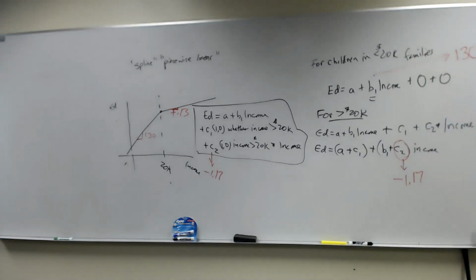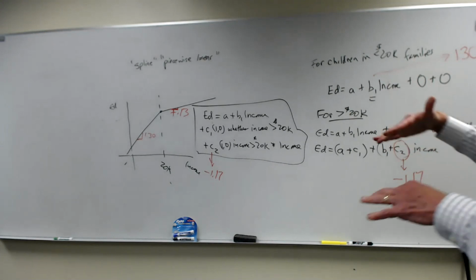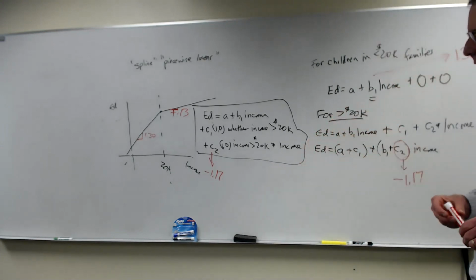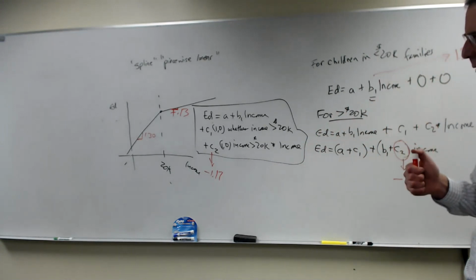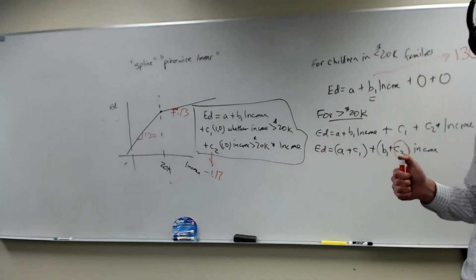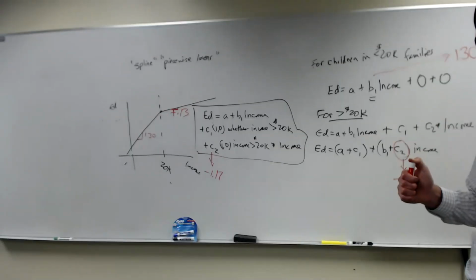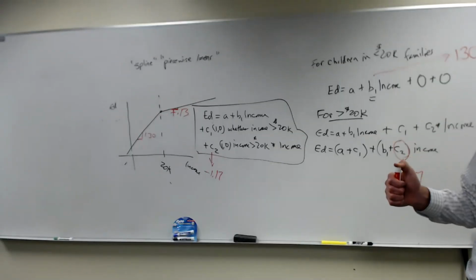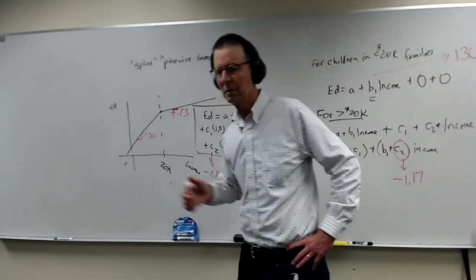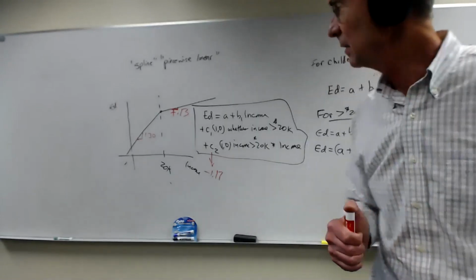So you've got this estimate that's fitting the data in a more flexible way than just a straight line, where increments to income, $10,000 increments to income for low-income families are associated with almost 10 times as much completed education as what we estimated before. 0.14 has become 1.30,